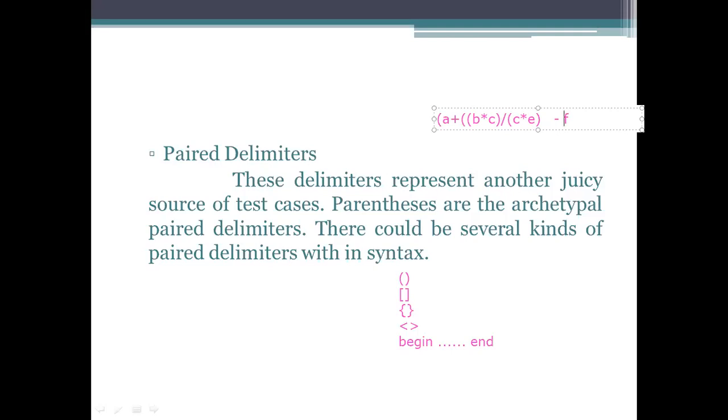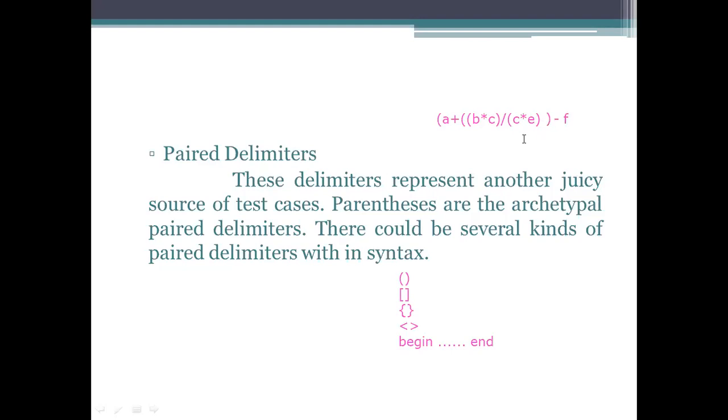So what happens here? By seeing, we can specify that a typographical error is there. Sometimes when we are typing, we type it twice. What they specify is that an extra brace has been placed. We don't think that there is a missing brace here. If we think like that, then there is no problem. We will place the missing brace here and then process that one. So this expression has to be processed first, and then next we need to perform the addition and subtraction there. But this paired delimiter has been missed. Then what happens here?